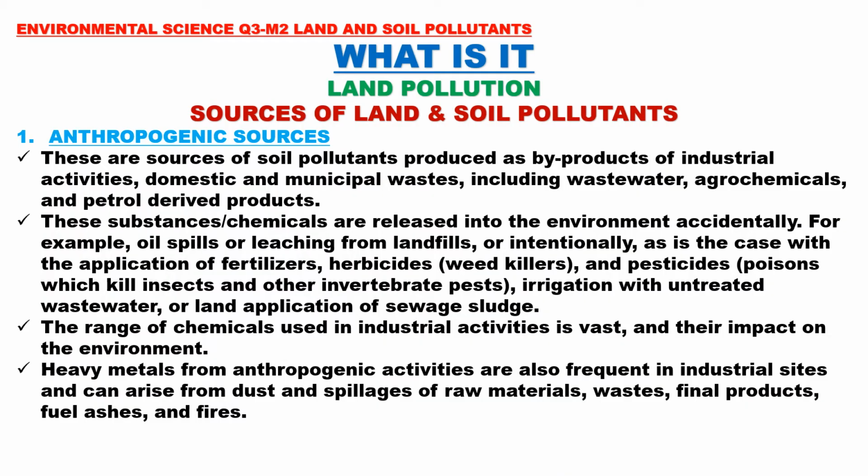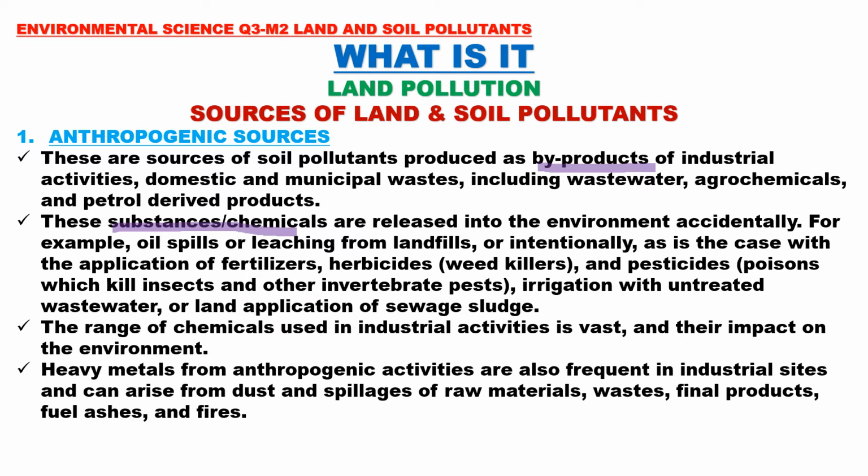Number 2, anthropogenic sources. These are sources of soil pollutants produced as byproducts of industrial activities, domestic and municipal waste, including wastewater, agrochemicals, and petrol-derived products. These substances or chemicals are released into the environment accidentally, for example, oil spills or leaching from landfills, or intentionally, as is the case with the application of fertilizers, herbicides